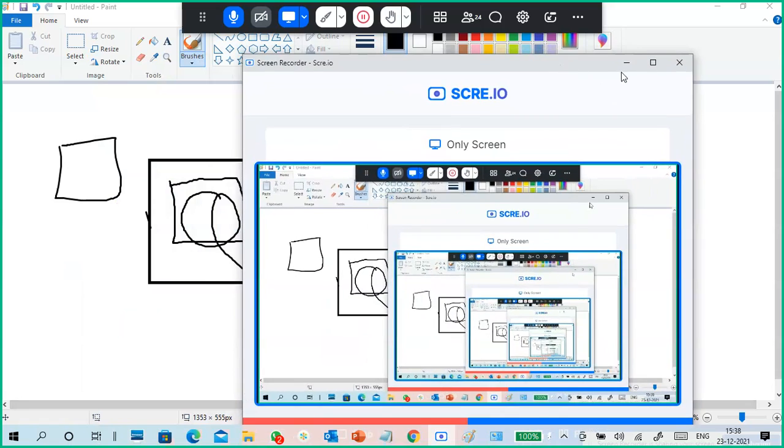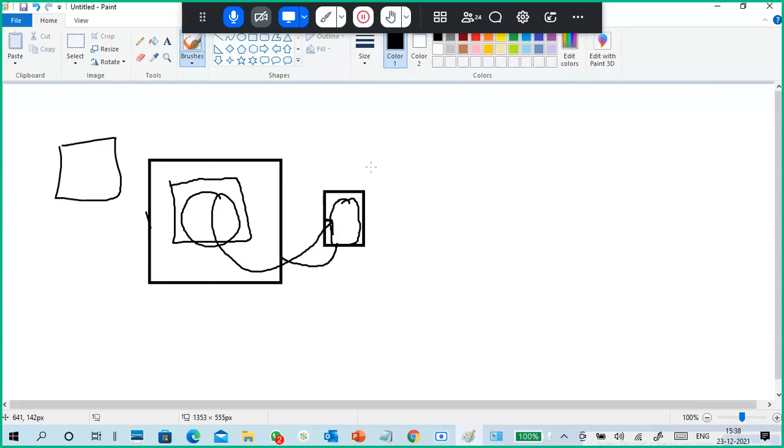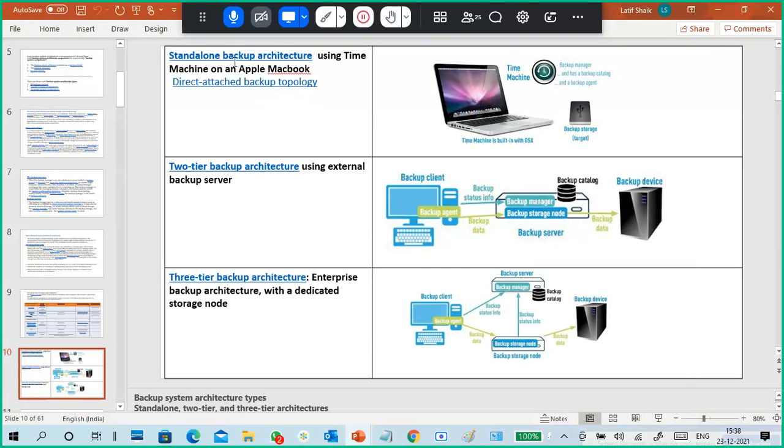So this is just a backup architecture. Standalone backup architecture means you have data and you have a backup drive. You put the data into that one either by using direct system tools or maybe software. That is the standalone backup architecture.